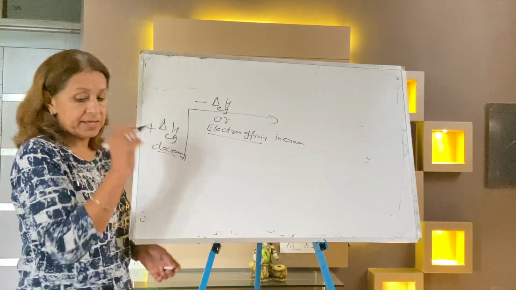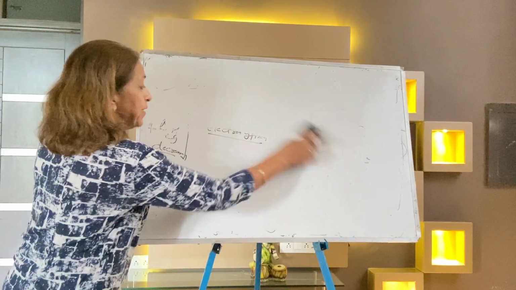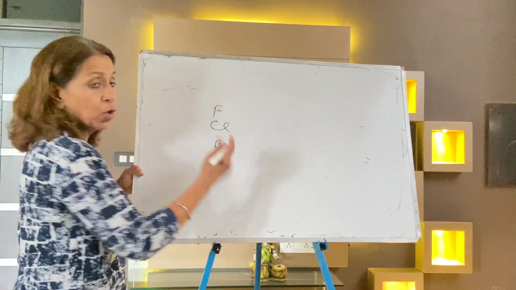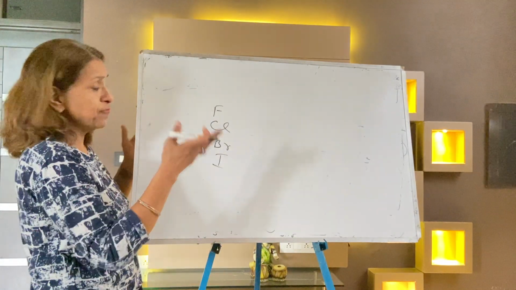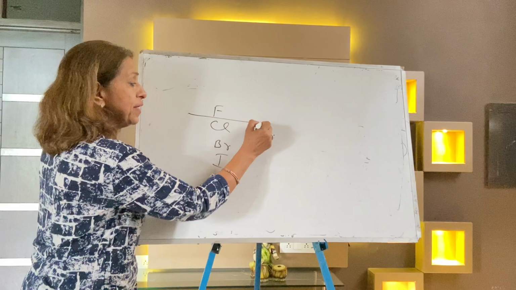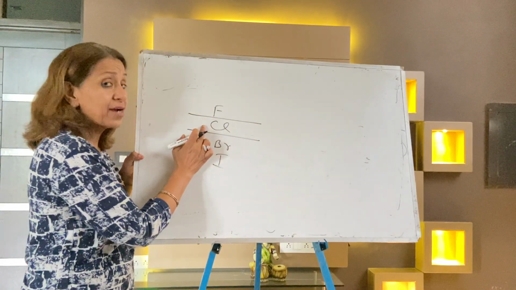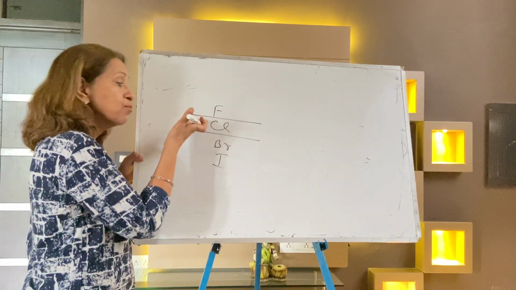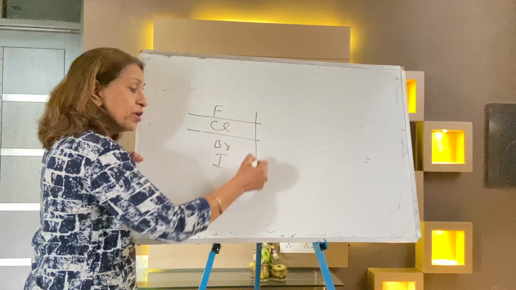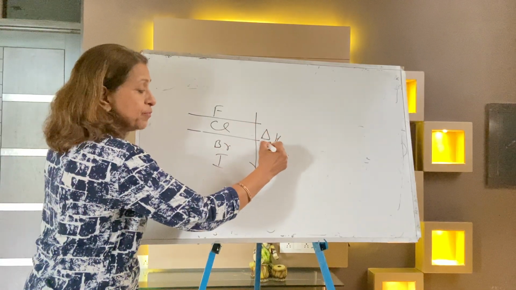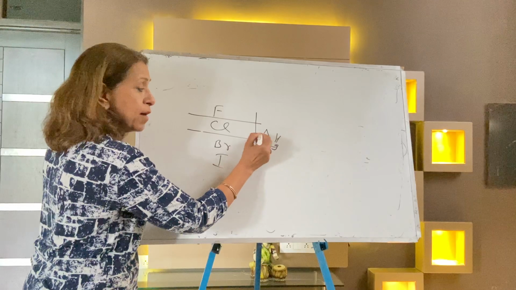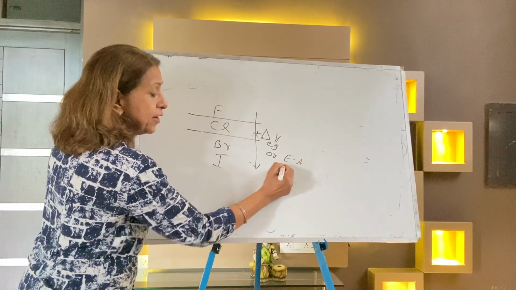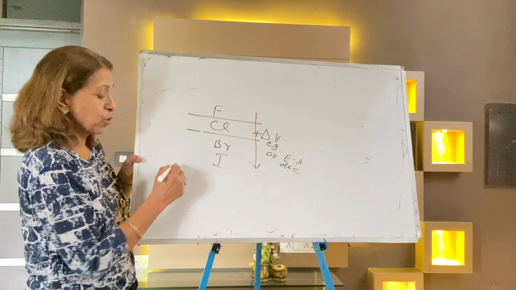But there is an exceptional case. You write the exceptional cases. I am taking one group: fluorine, chlorine, bromine, iodine. You can take any group. In every group there is a rule, this is your second period, this is your third period. By the trend, the electron gain enthalpy of the third period element should be more positive than the second period. Or you can say in simple words, electron affinity decreases in a group, but chlorine has more.